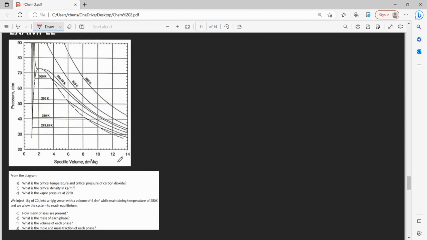So in our dotted line, you can see that there's this ridge here. So we follow that dotted line. Watch as it curves down. This is our critical point. So let's draw across for pressure and draw down for volume. Sorry, no, for volume, not temperature. A is equal to roughly, so let's see,